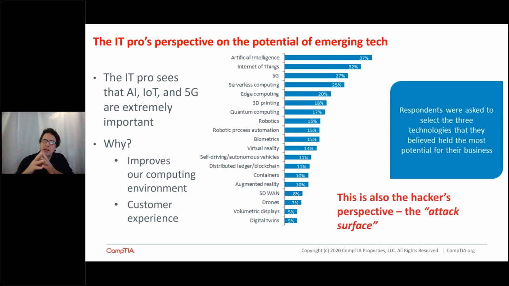So we asked IT pros, what are the 3 technologies that you're seeing that are important? AI went to the top. First time we've seen that. Usually over the years, it's been the Internet of Things. 5G was third. You see serverless computing, the idea of automation, Kubernetes, Docker, things like this. Edge computing kind of has to do with 5G. Edge computing is the idea that as IoT devices generate data, instead of it going to a data center or to the web server or whatever, it goes to intermediate devices that are closer to the user. In other words, the user is on the edge, as it were, as he or she walks down the street, and that data is processed much closer to the user and held much closer to the user.